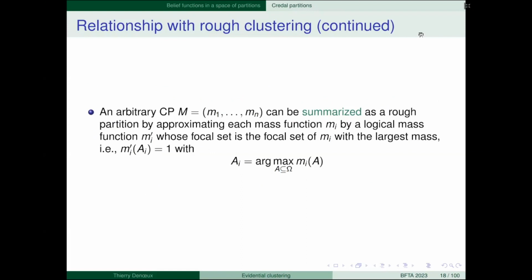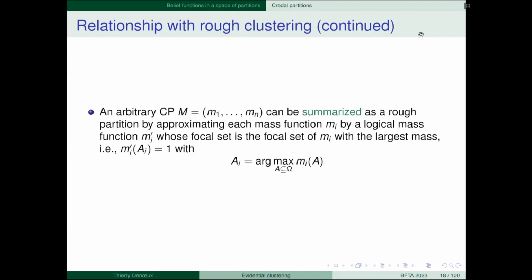So given an arbitrary Credal partition, we can summarize it as a rough partition by approximating each mass function mi by a logical mass function. So there are different ways to do that. For example, you can just keep the focal set that has the largest mass for each object. And so for each object, you have a mass function mi.